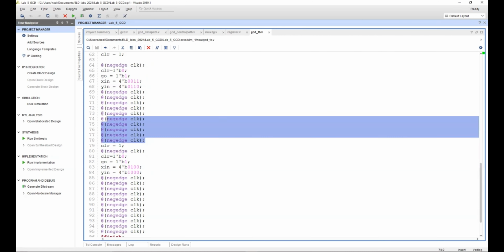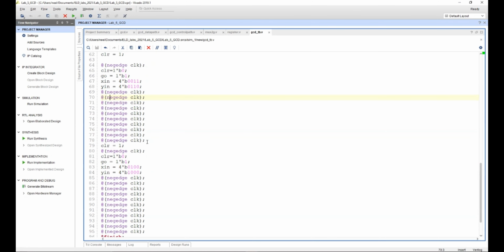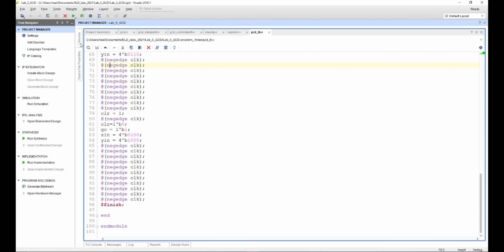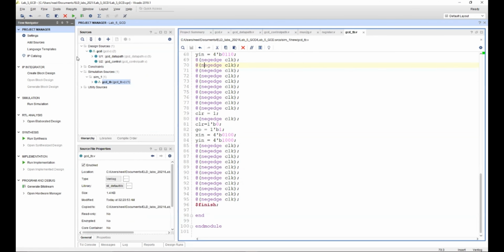So this is what I've done with the help of negative edge clock. I've given a good amount of delay between these two. So yeah, let's just run this. And finish. So this is also important. Basically, finish in this piece of code tells us when the behavioral simulation needs to be stopped. So whenever the simulation encounters this line, it terminates the whole simulation. So yeah, it won't run for a certain amount of time. It will run until this statement is encountered.